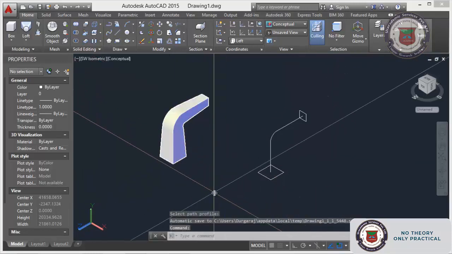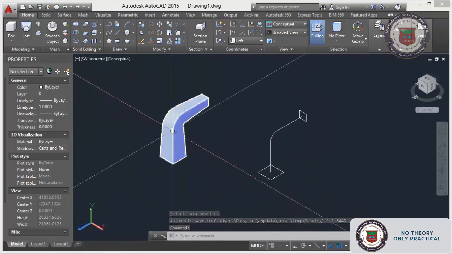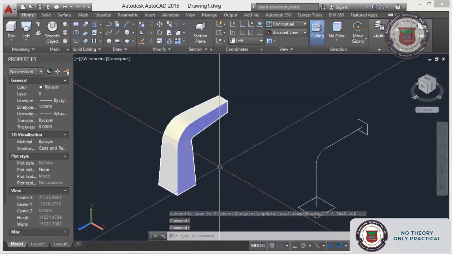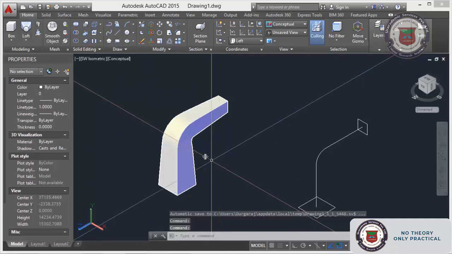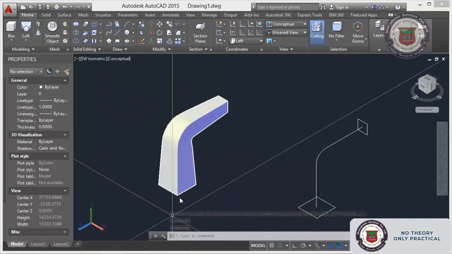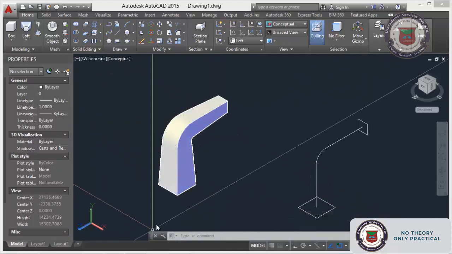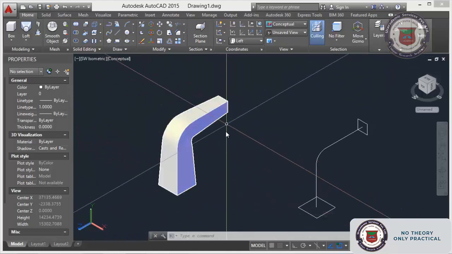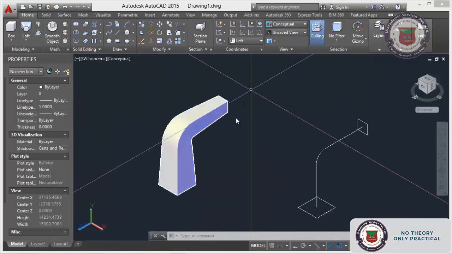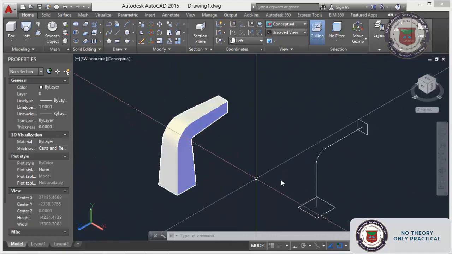That's all. You can see how the loft looks. If you didn't give that path, it will connect directly from this bigger square to this square. If you give the path, it will come like this.